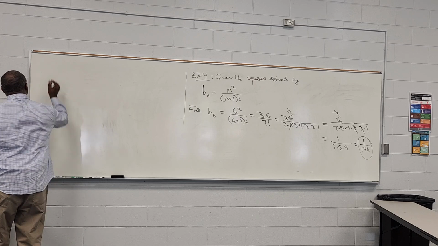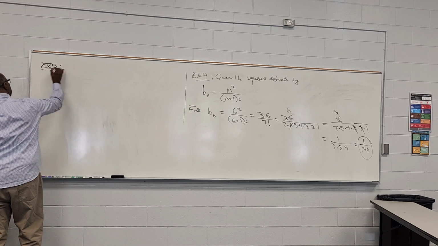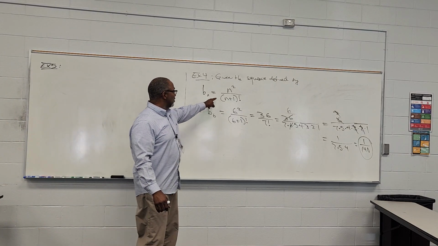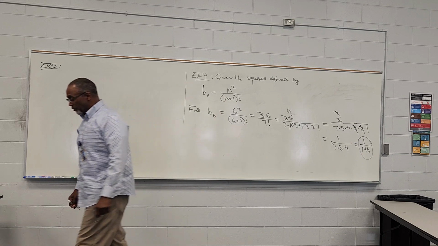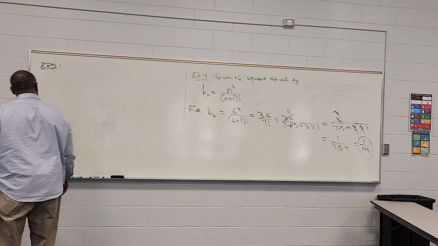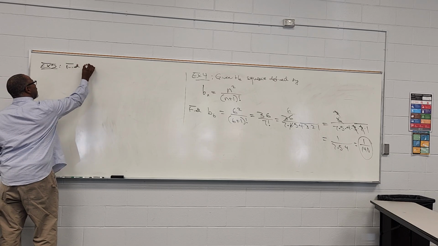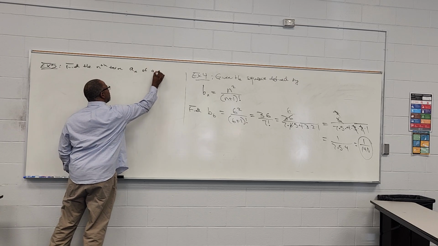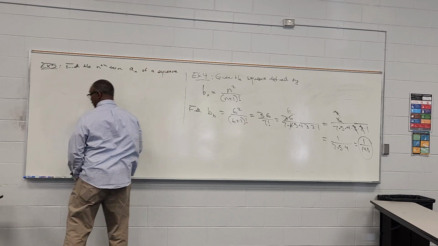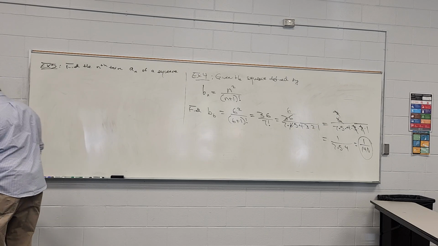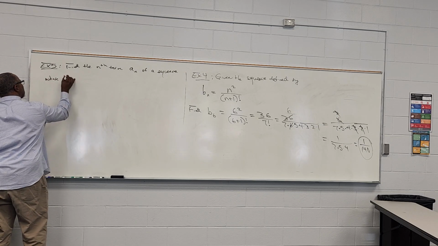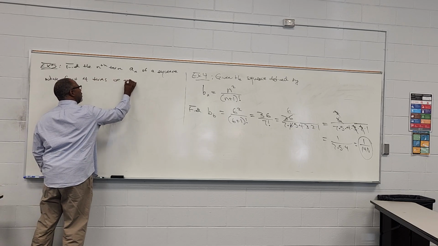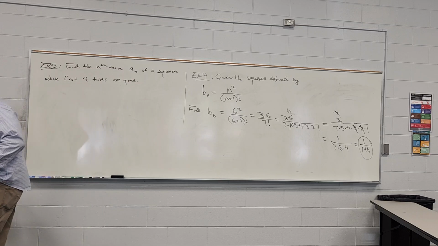Example 5 is a little different. In example 5, they give me the terms, and they want me to come up with the definition. Example 5 says, find the nth term an of a sequence whose first 4 terms are given. Okay? So,